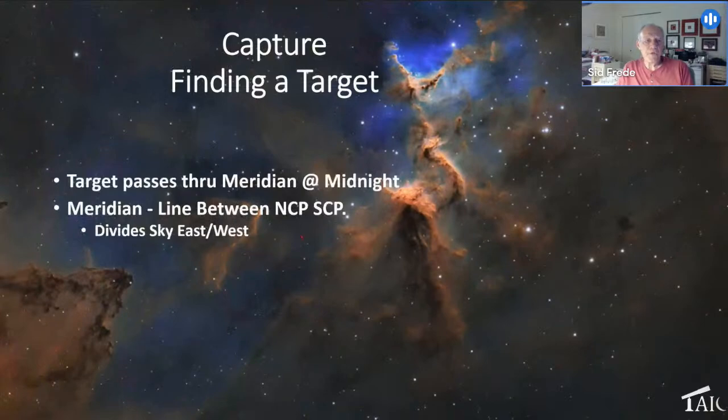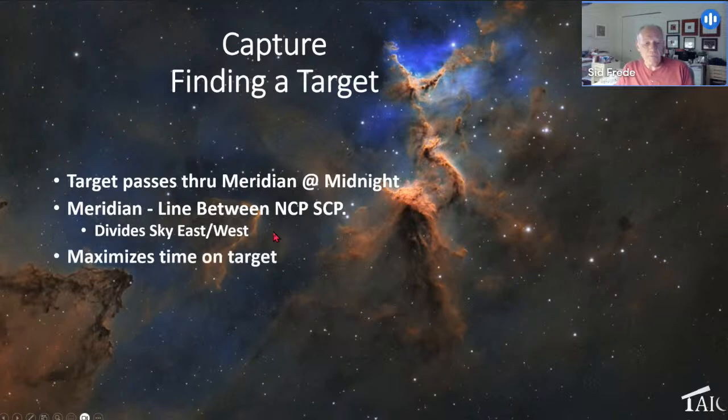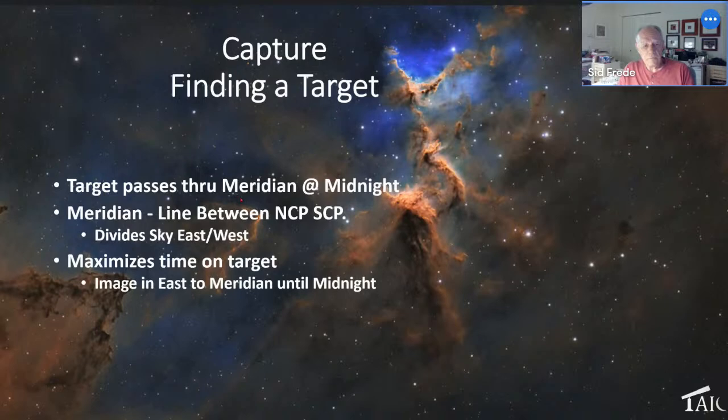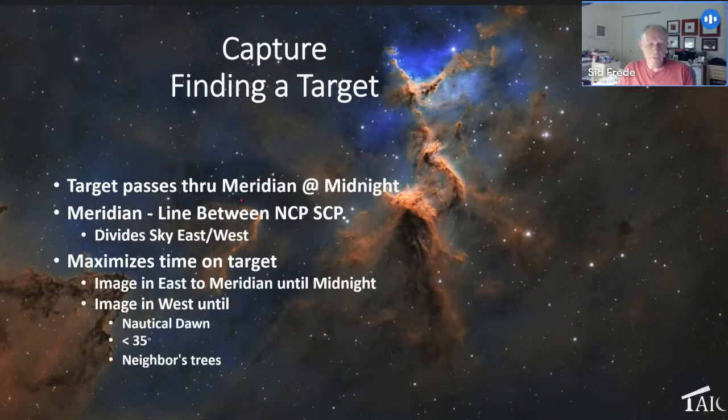So I'd like to try to pick a target that passes through the meridian at approximately midnight. And again, that's the line between the north celestial pole and south celestial pole, dividing the sky between east and west. What that allows me to do is to maximize my time on target for that particular night. So I can pick up the target in the east after the sun goes down, image that target to the meridian until approximately midnight, and then I can follow that target in the west until nautical dawn,